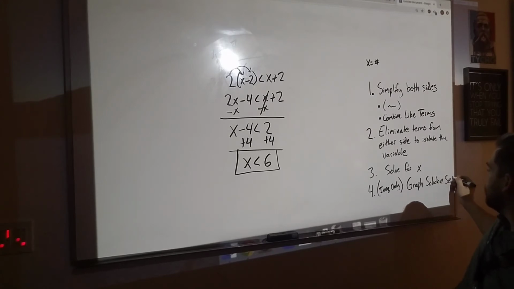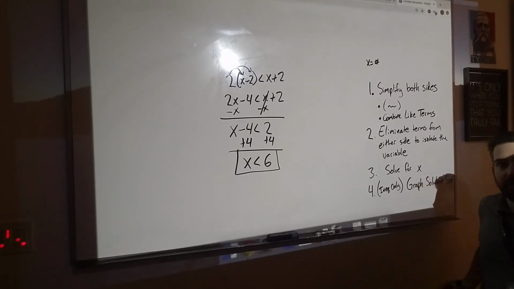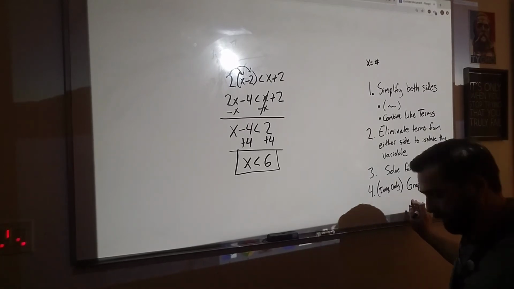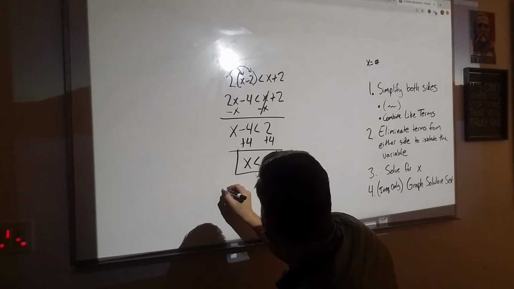We talked about this yesterday. The thing with inequalities is that you don't have one number that's a solution like you would with an equation. You have a whole bunch of numbers. So we have a set of numbers that are a solution. So we're saying that x is less than 6, which means that it can be anything as long as it's